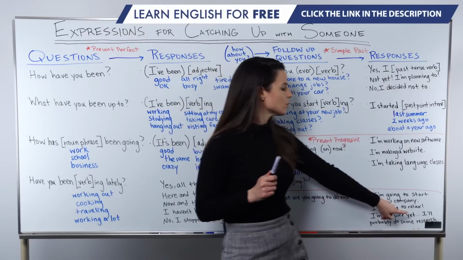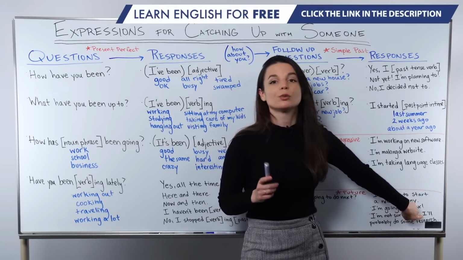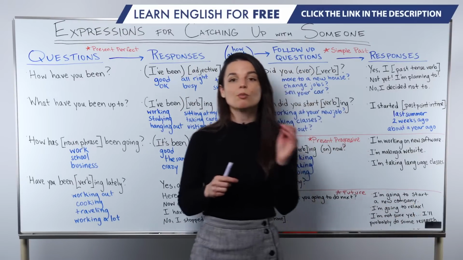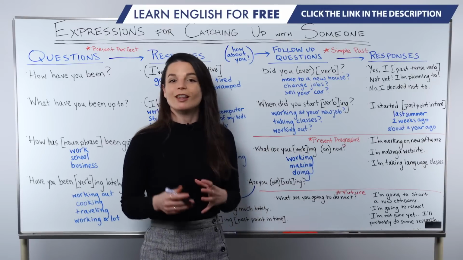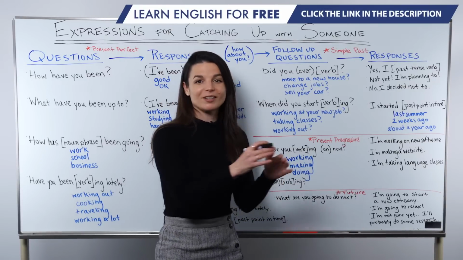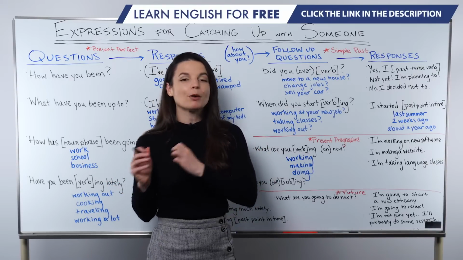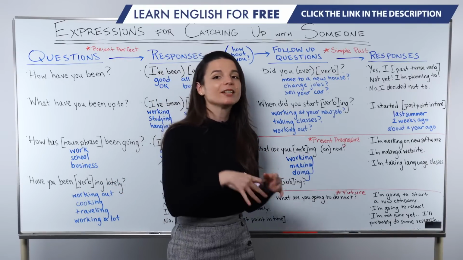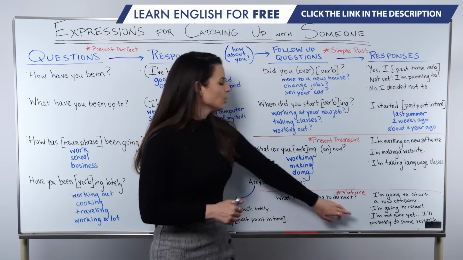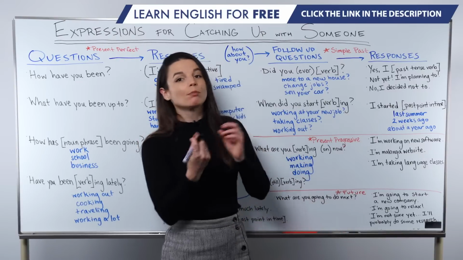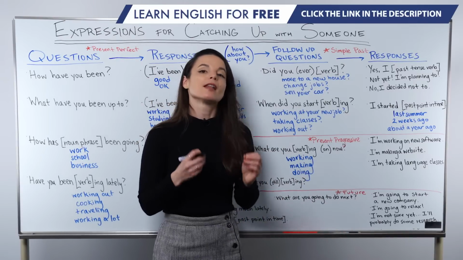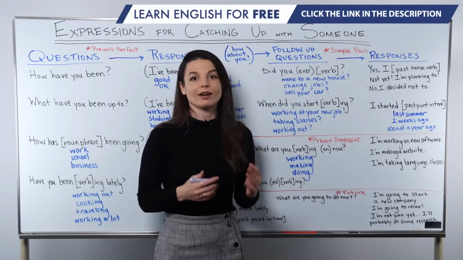Here you'll notice I've used will. I'll is the reduced form of I will. I will probably do some research. We like to use "I'll probably do this and this and this" when we're not 100% sure, but we have an idea. So you might see will used in response to this question when someone is not 100% sure about their activities.